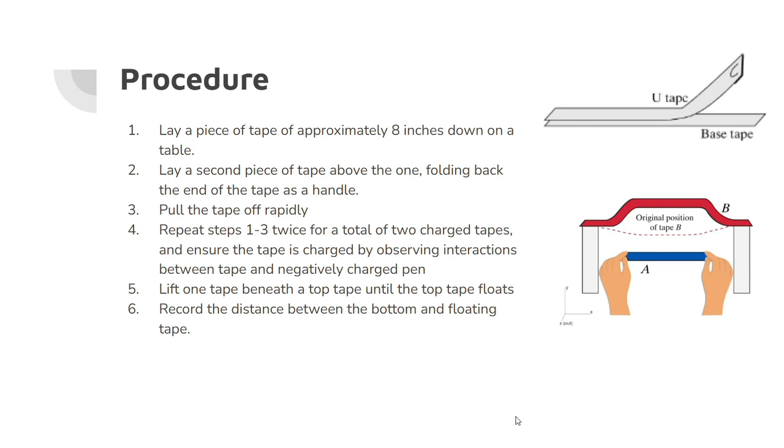This is because if we have one piece of tape that's charged and one piece of tape that isn't charged, well, as we've been learning in physics as of late, a neutral object will still be attracted by a charged object. So we want to make sure that both pieces of tape are negatively charged. We'll set them up in the diagram on the bottom right of your screen, right over here, and we'll determine the distance that